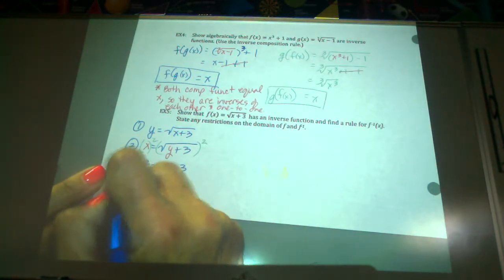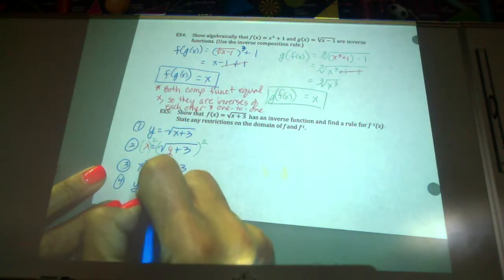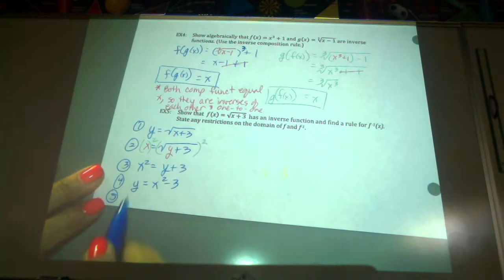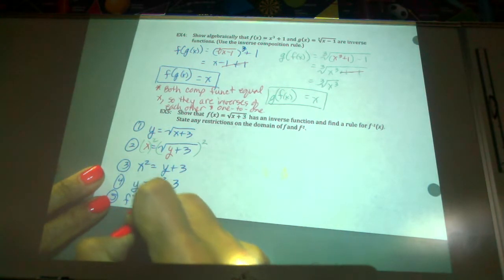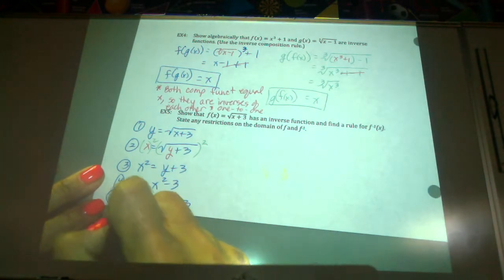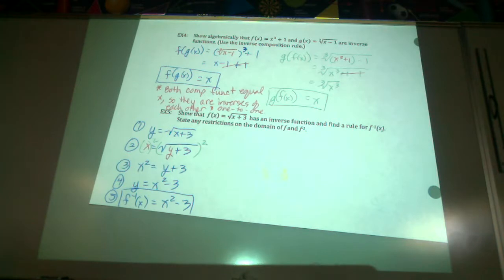So I have y equals x squared minus 3. But I'm not done, because for the final step, I have to swap out that y for its inverse notation. f to the negative 1 of x is equal to x squared minus 3. Now, if you were to graph x squared minus 3,